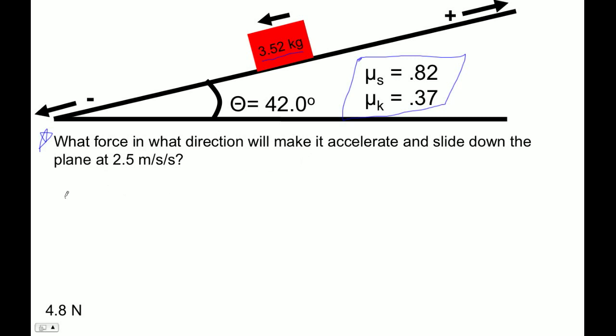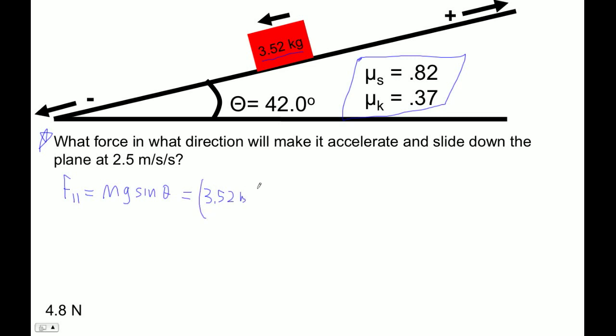Okay, the first thing I want to do is figure out the parallel component of Earth's gravity, right? In general, that's mg sine theta. That is, it's the weight, m times g, the force that's straight down, times the sine of this angle there. So if that angle is 0, then of course sine of 0 would be 0, and we would have no force parallel to it. And if it was 90 degrees, all the force would be parallel to the plane, right? So let's type this in here: